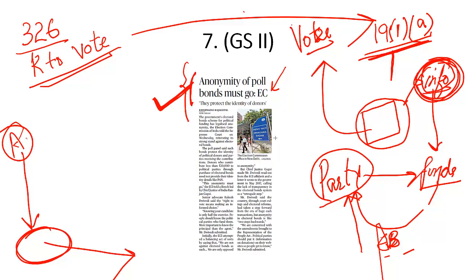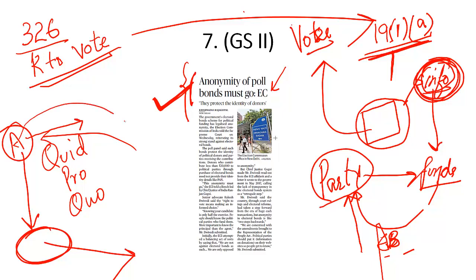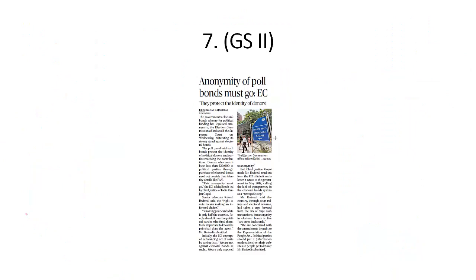Because let's assume that there is a company which is donating money to this political party A. There is no free lunch in this country. There will be quid pro quo. That means if a company is providing funds to this political party, the party will provide contracts once it comes to power, will provide some licenses to this company. So there is always a quid pro quo involved. So voters should know which company or which corporates are funding these political parties so that they can make an informed choice. But now let's look at how these electoral bonds work.